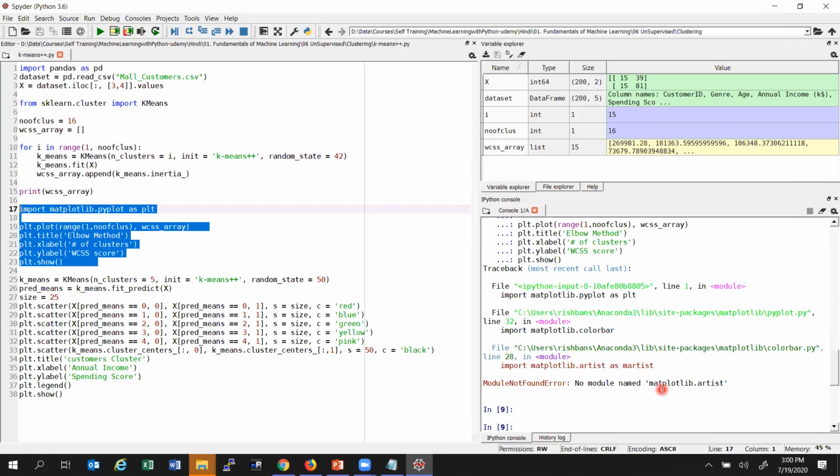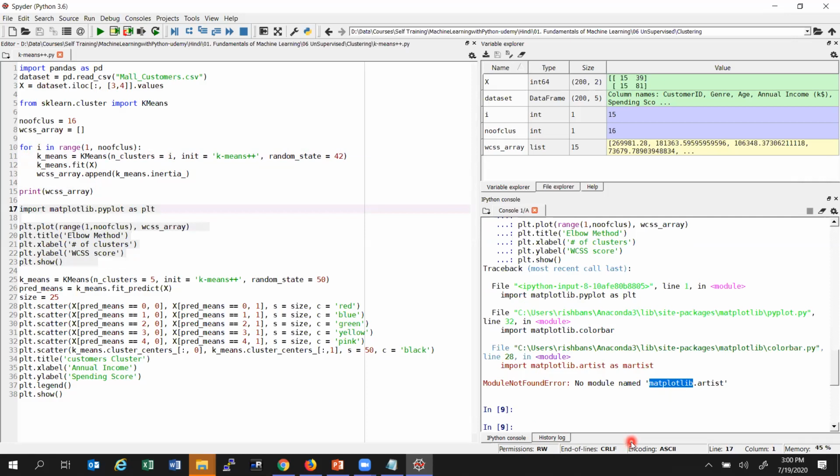Now we'll plot it. Oh, last time I was trying something and it looks like it broke my matplotlib library, so I cannot draw the graph now.